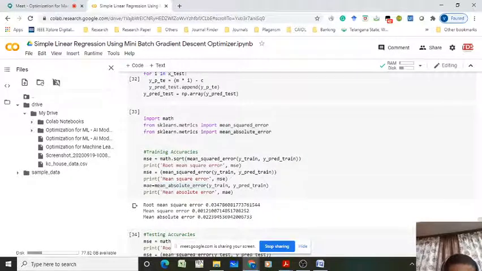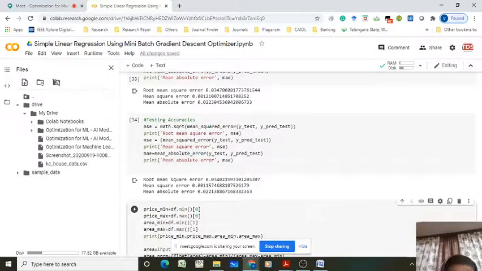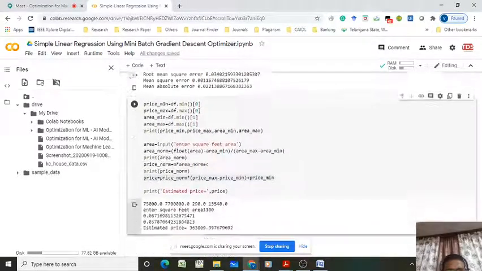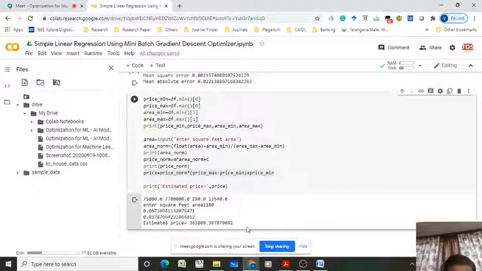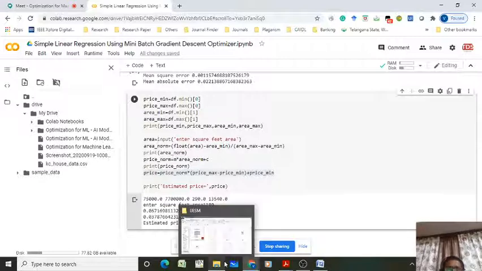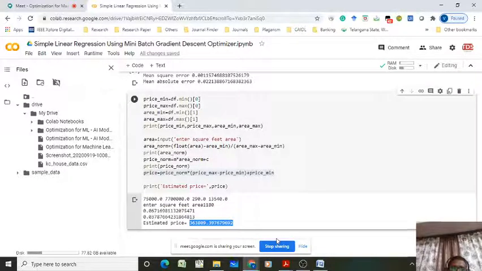You have to check your errors. So training errors are 0.034, 0.012 and 0.02, whereas testing errors are 0.034, 0.00115. So still there is a problem in the model. You have to retrain it, it is not predicting properly, right? The price should be something in the terms of 2,21,000, but it is 3,63,000. So you have to train the model for more.